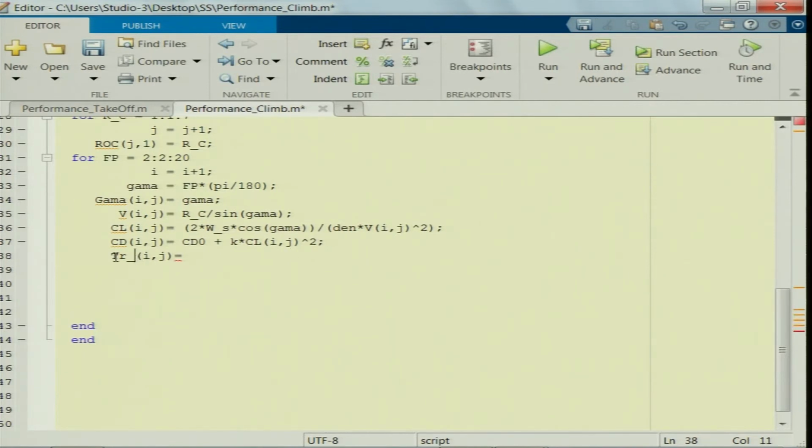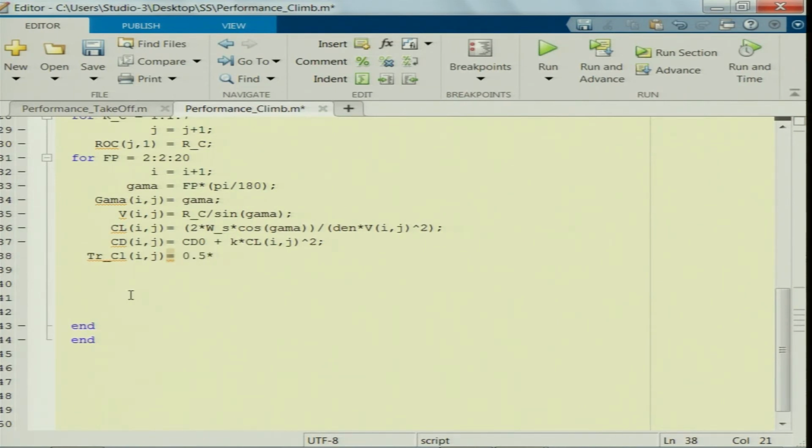So, the thrust required for climb, TR underscore CL, is drag,